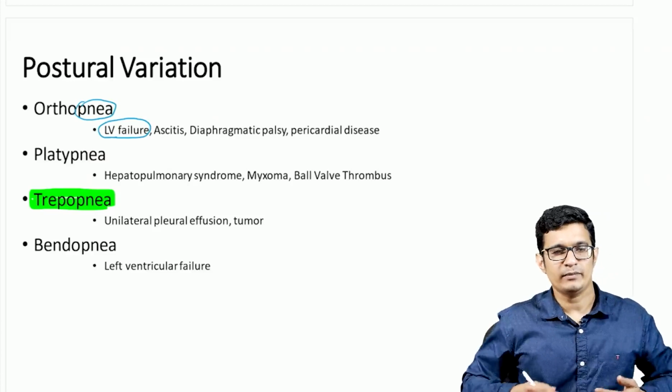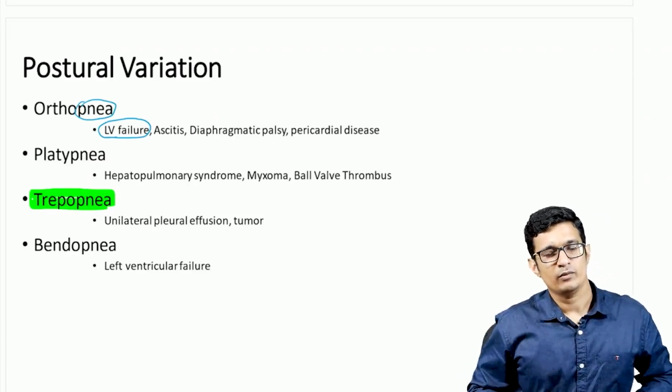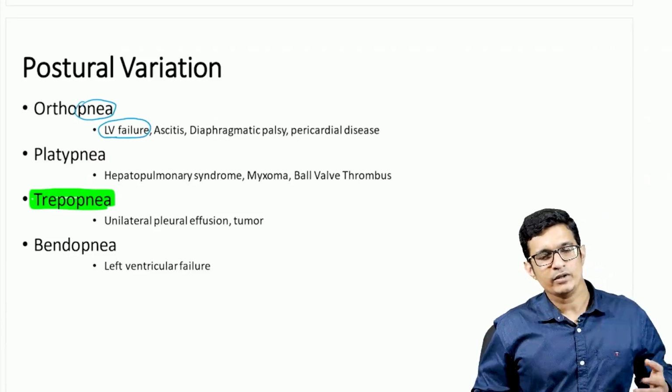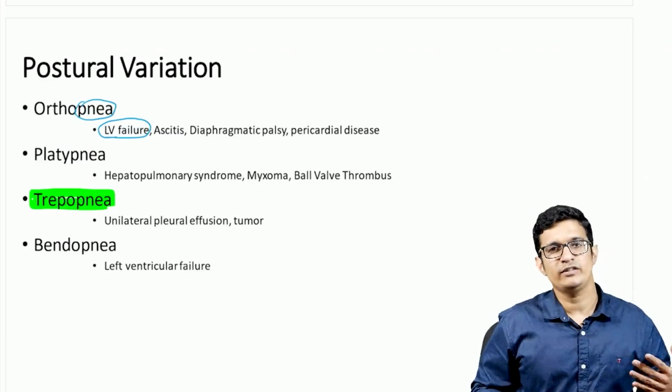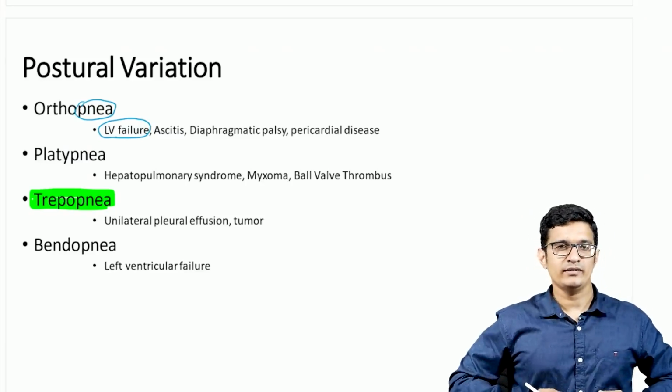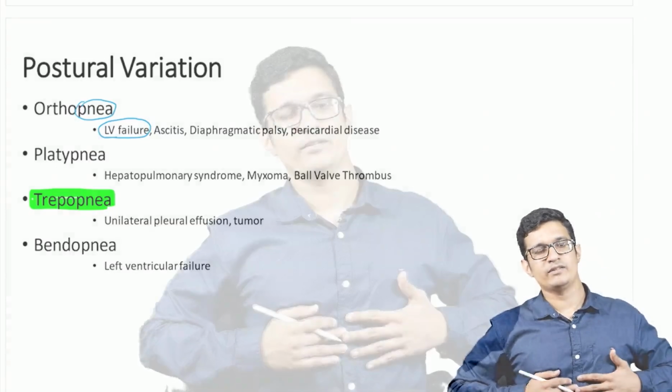Okay, so when somebody is morbidly obese, what happens is when they lie down, their diaphragm may lose its power, and the diaphragm will move upwards, and that will restrict the expansion of the thoracic cage, leading to breathlessness. So in a morbidly obese patient having orthopnea on lying down, you may be able to explain it in the absence of left ventricular failure with obesity alone.